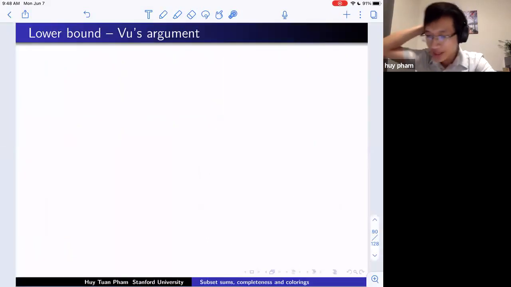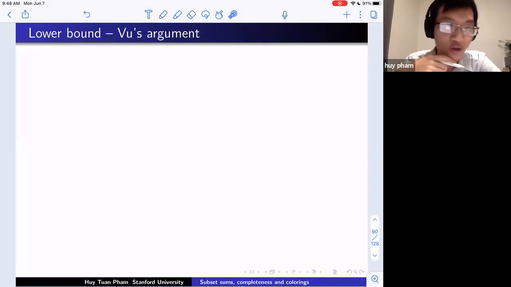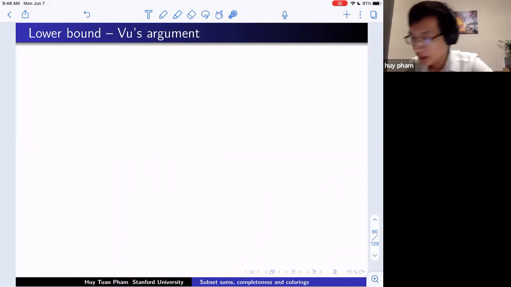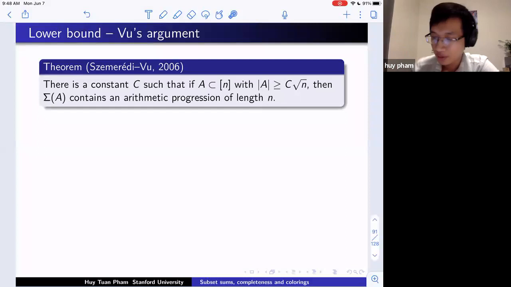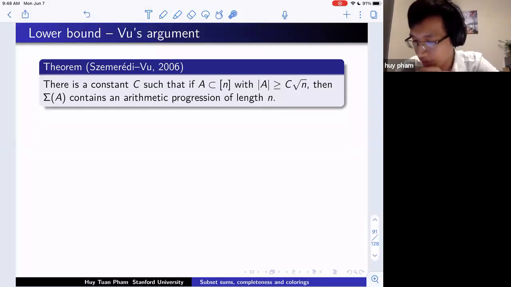Okay, so next I will discuss the lower bound. And first I will talk about Vu's argument for the bound that is n to the 1/3 over log n. Vu's argument used a result of Szemerédi and Vu, which shows that if we have a subset